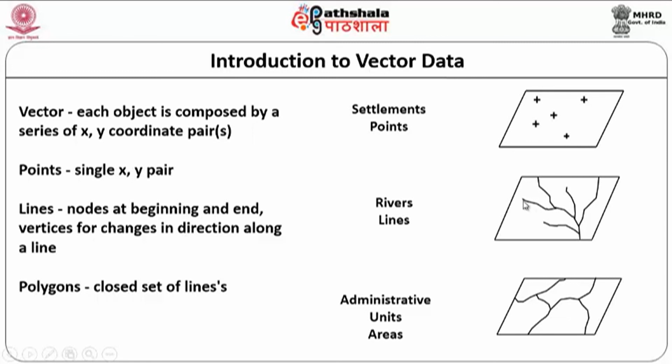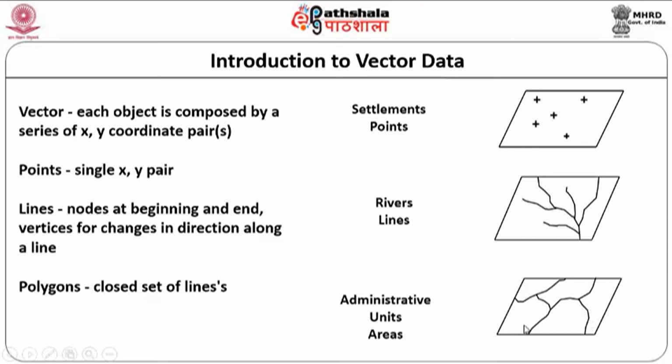So a node will be at the beginning of the data and also at the end of the line. And this is otherwise called an arc. It is normally represented as river data and any other road data. All these things can also be there. So wherever you have a change in direction, a vertex in singular, vertices in plural, is introduced. Because obviously when I have the polygon, the polygons will be having something like this. So this is indicating one area covering this one, and this is another polygon covering another area, and so on and so forth.